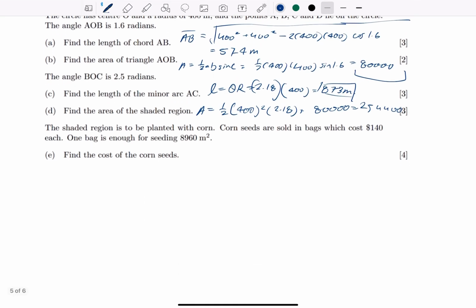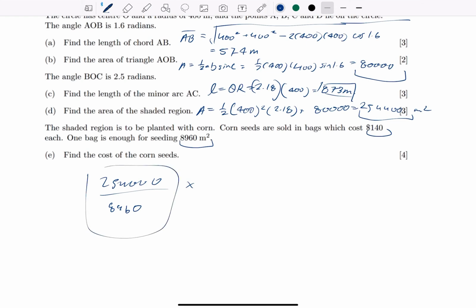Now, the shaded region is to be planted with corn. Corn seeds are sold in bags which cost $1.40 each, so one bag is enough to... So all we need to do is, we know this is our total area. We know one bag covers this much, and this gives us the amount of bags we'll use, and this gives us the price per bag. And if you do that,